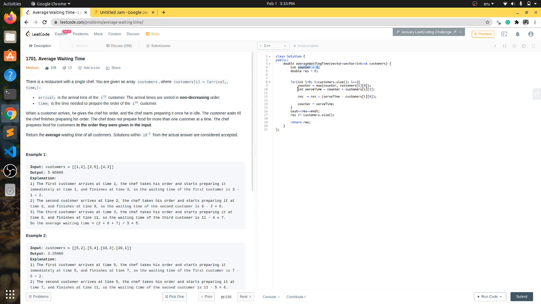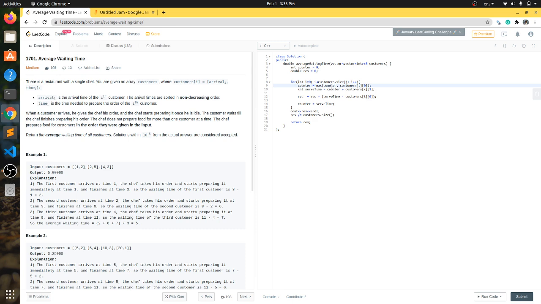Let's suppose the chef wants to make the dish of the first customer at the first unit of time. Then the counter will store the information, and basically this will be the max of the